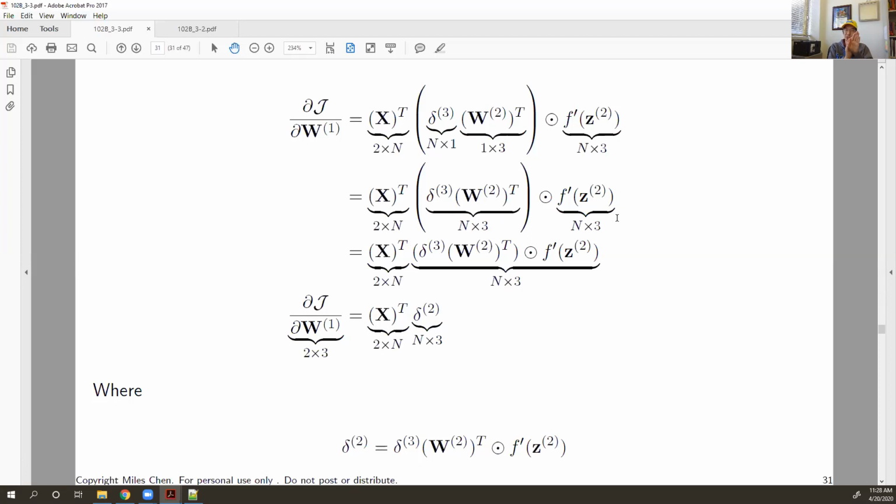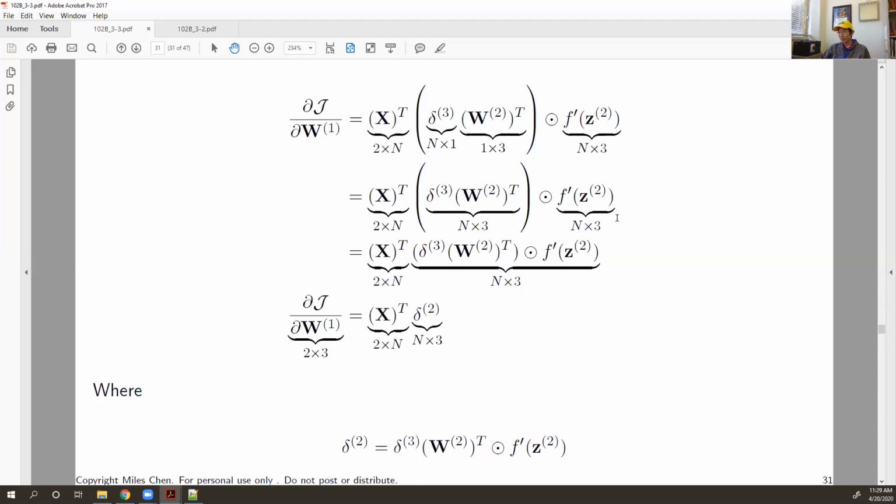The other choice is I could transpose it, and I can do an n by 3 transpose times an n by 3. That will be 3 by n times n by 3, and that will produce a 3 by 3. Or the other option is you can transpose the other, and you'll go from an n by 3 times a 3 by n, and you'll get an n by n result. So you always keep in mind what result you want, and you ask, do I want a 3 by 3 or do I want an n by n? That will help guide you as far as which thing to transpose and how to